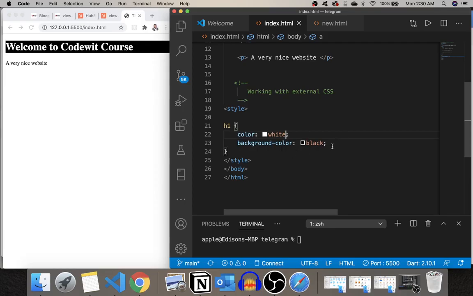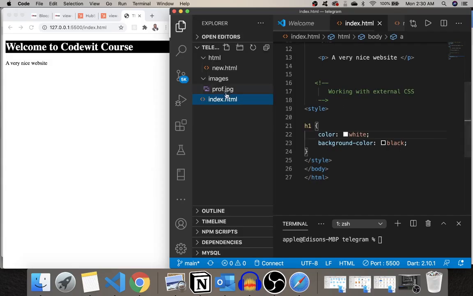But there are different things we can do apart from just that, right? But I want to show you that in external CSS. So this is how you do internal CSS styling. But we want to move things to external CSS. To do that, we need to create a file. So in this same folder where we have the index.html, so wherever you have your index.html, I'm creating another file